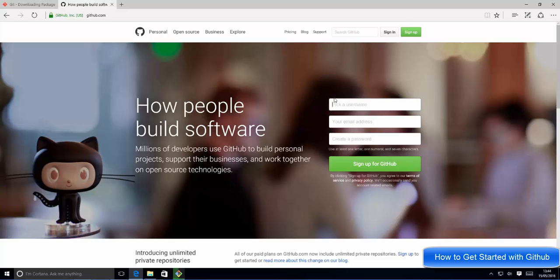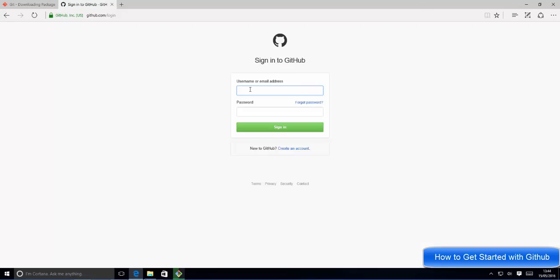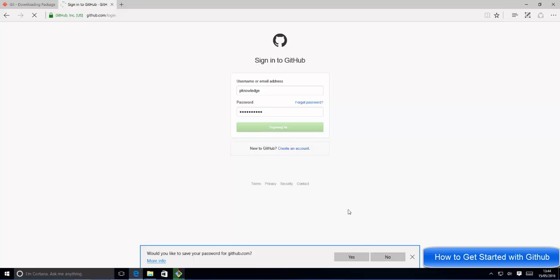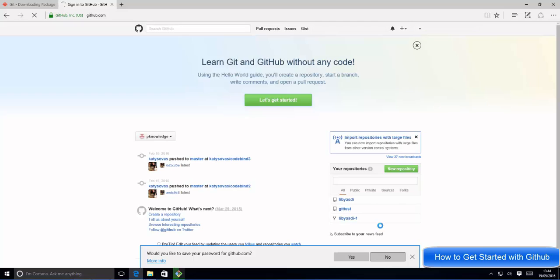So just verify your email ID, and once you have created your GitHub account, you can go here, sign in, and then you will be able to give your username and password and then sign in to your GitHub account. So I will give my username and password and then click sign in. Okay, so once you are signed in or logged in to your account,